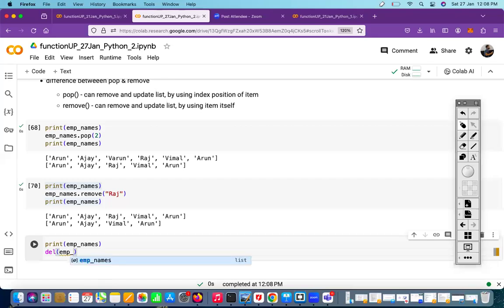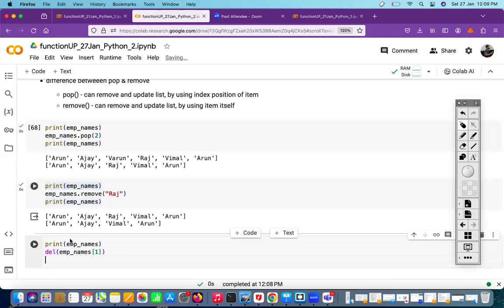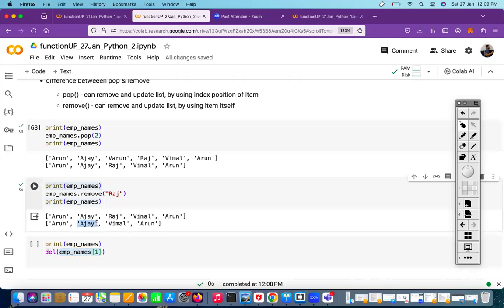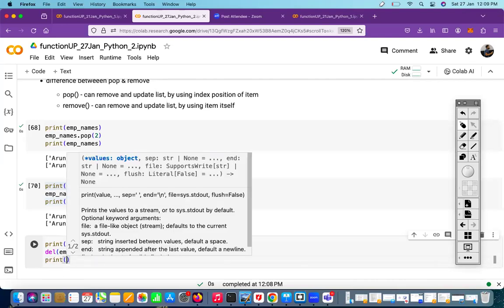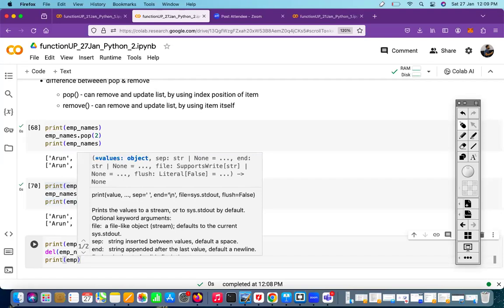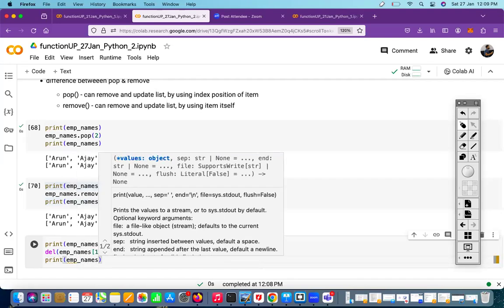emp नेम्स इंडेक्स 1। ठीक है। इंडेक्स वन यहाँ पे क्या है, ईएमपी नेम्स में से इंडेक्स वन को रिमूव कर दो। ठीक है। So this is how you have to use delete. Delete will do the same thing, but the way of using is different. इसको लिखने का तरीका थोड़ा अलग है।